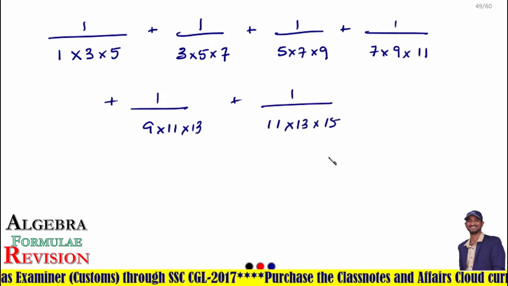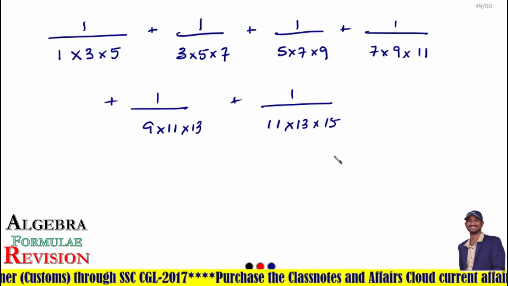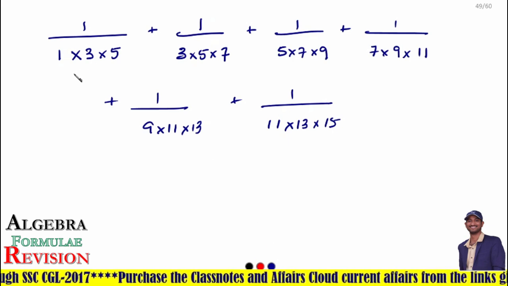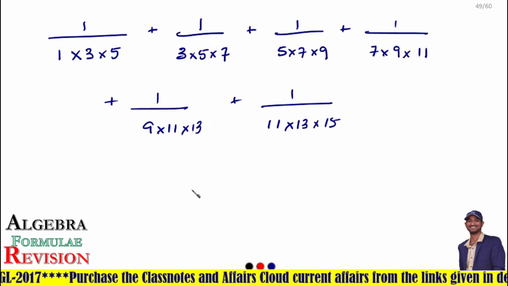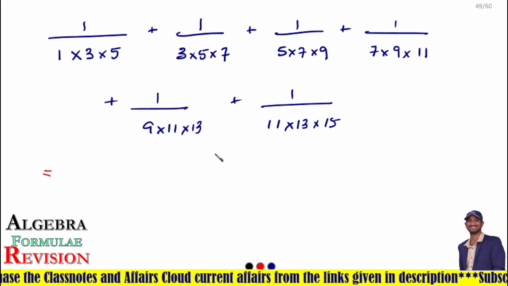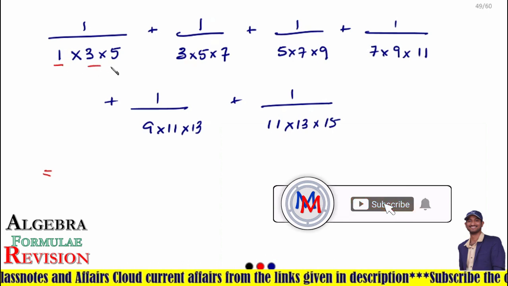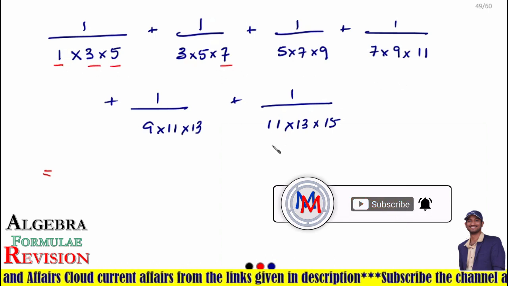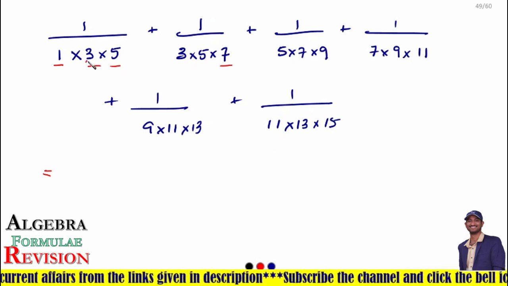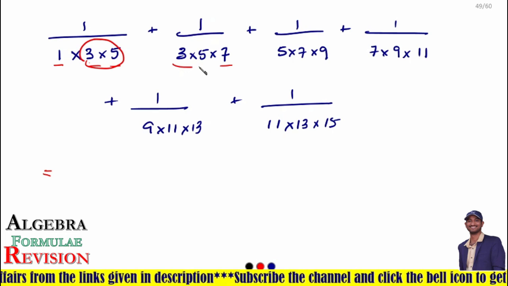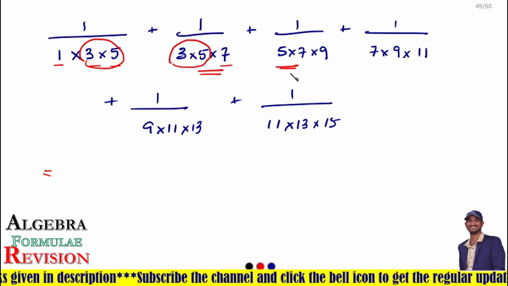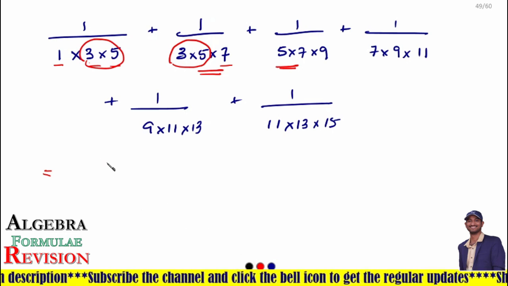This question was asked in the CGL 2019 Tier 2 exam. If they ask like this, then don't do multiplication and don't take LCM, because it takes a lot of time. So how do you solve this? First, observe the numbers: 1, 3, 5, 7, 9 and so on are in arithmetic progression with a common difference 2. And the last two numbers of a term are the first two numbers of the next. Here 5, 7 are the last two, and here 5, 7 are the first two. Okay.